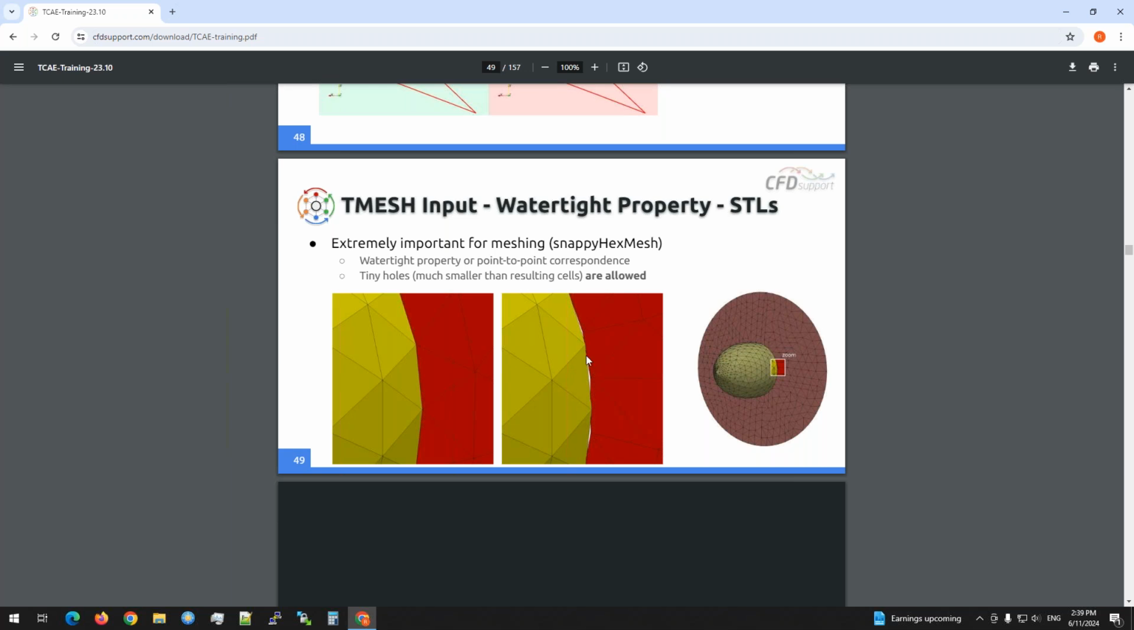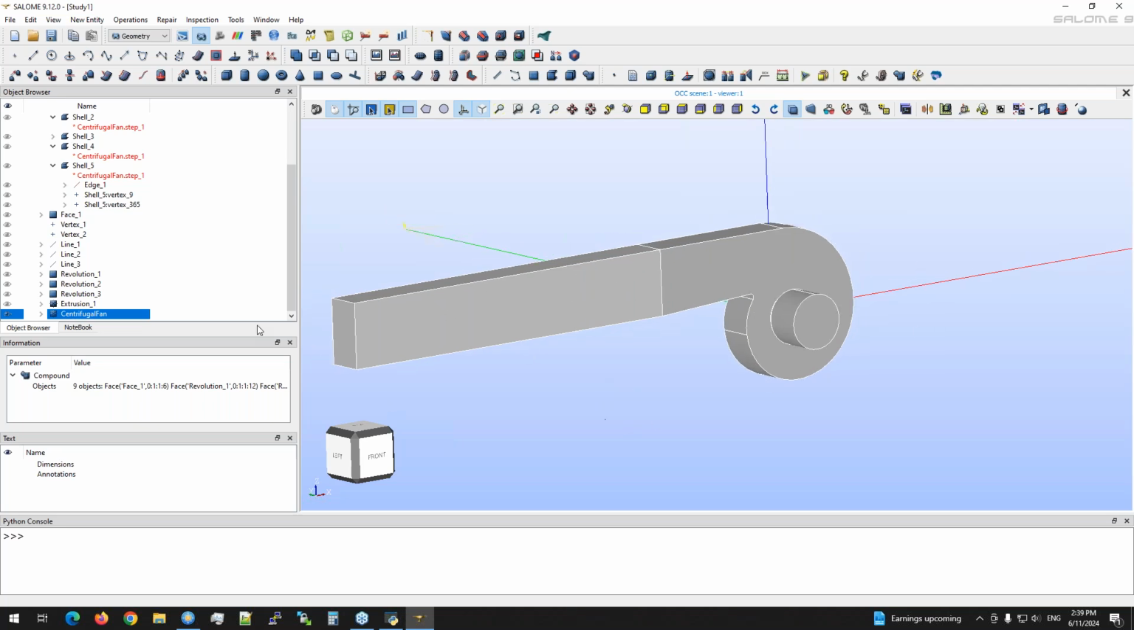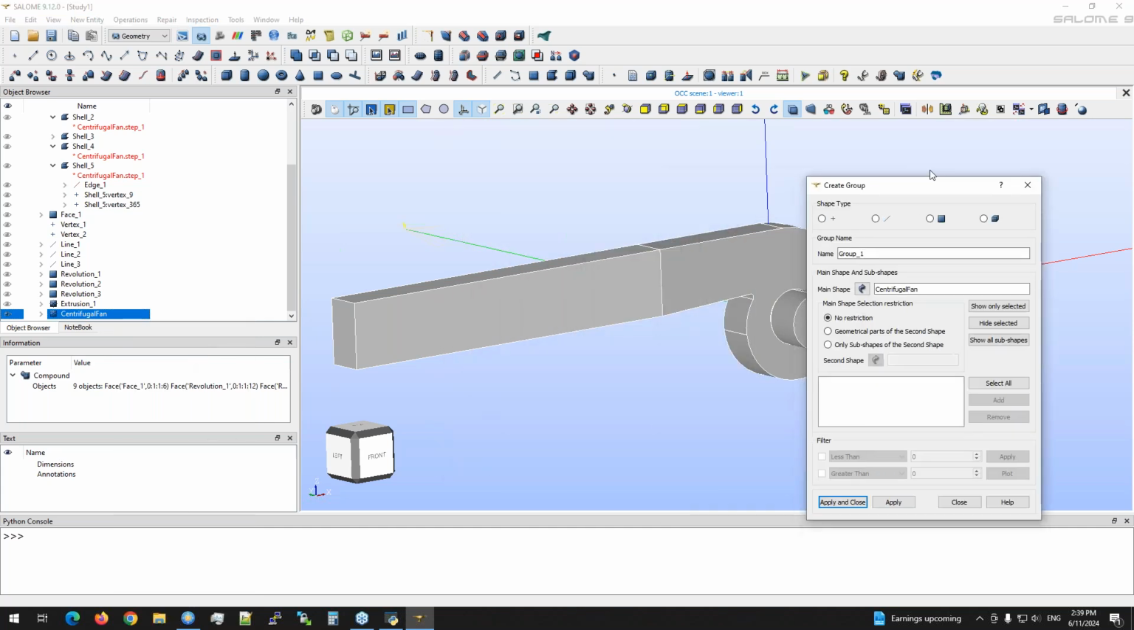So then it may happen that there are some holes in it, and this may cause trouble for the meshing, or it can create some kind of flaws in the resulting mesh. So the best way is to triangulate the model as a whole, and to have the separate parts. For example, here we can create groups on this model,